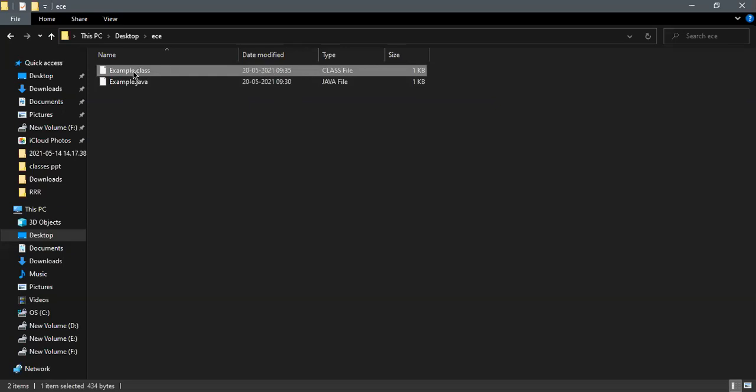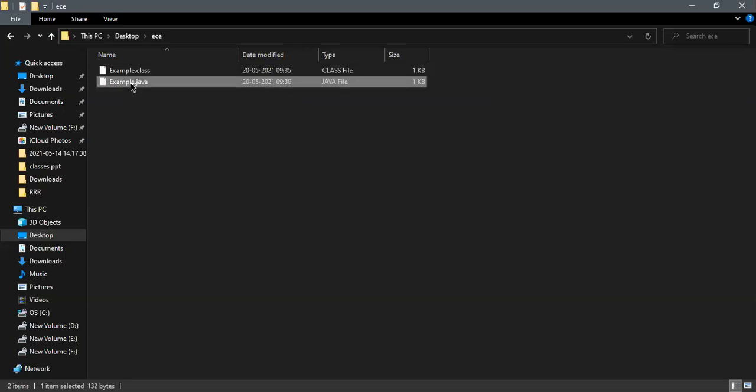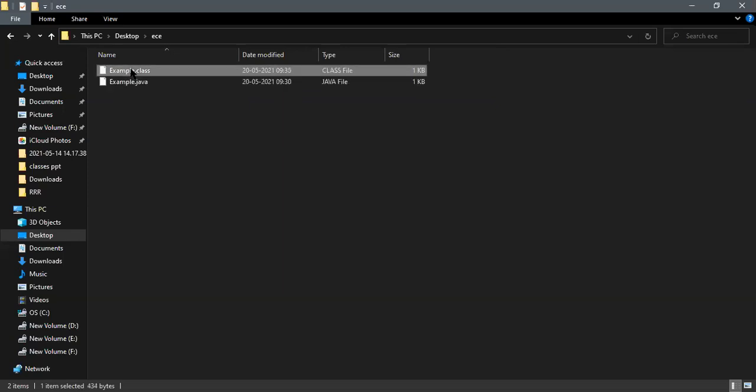After the compilation of this program, the class file has been created, from which we are going to get the output. This is a class file and this is our program.